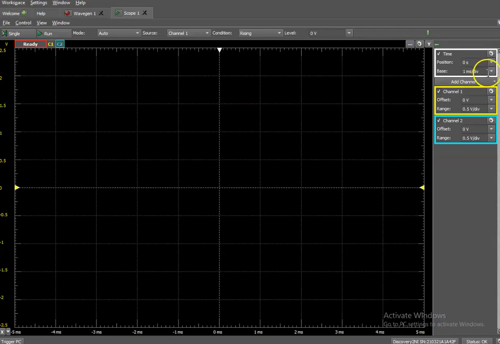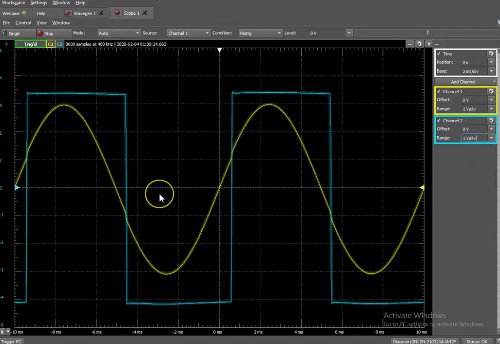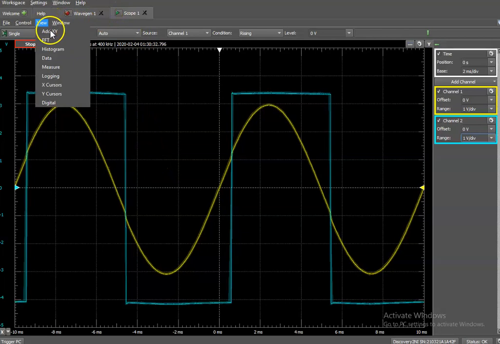Adjust the time per division and volts per division suitably. The channel 1 shows the input sine wave and channel 2 displays the output square waveform. Stop the scope and to observe transfer characteristics in view option,